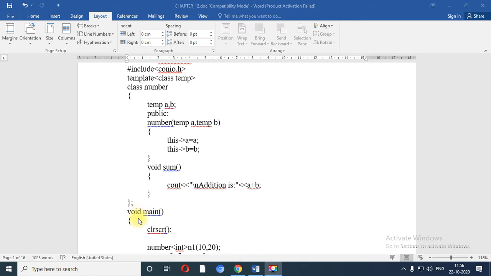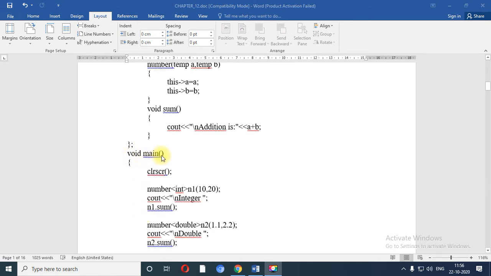Now see, what you need to do, you need to write the structure of void main, we are going to perform clear screen. We have created object of number class, number n1, but over here before any object creation between less than and greater than, we are going to pass data type name.